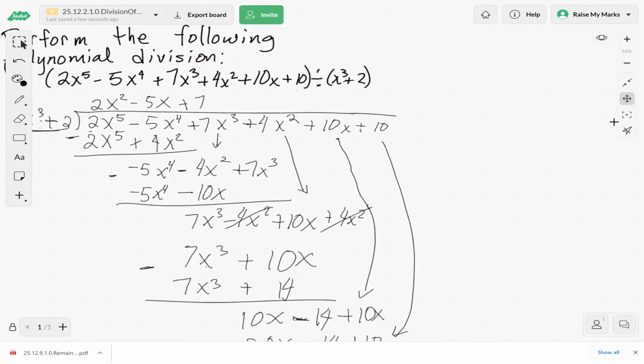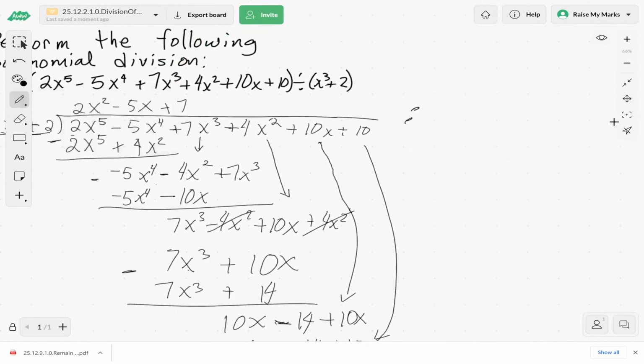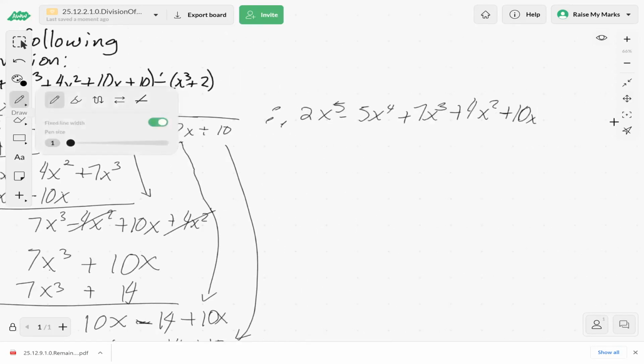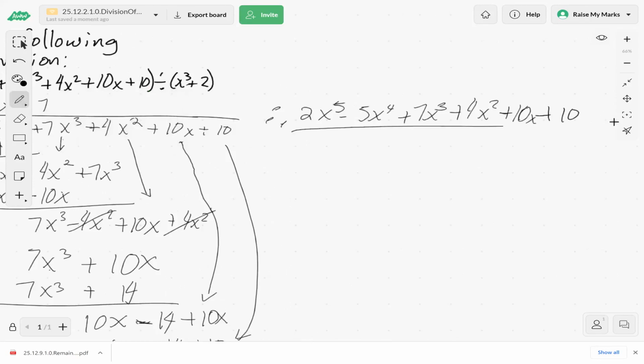Okay. All right, so our final statement is therefore 2x to the power 5 minus 5x to the power 4 plus 7x cubed plus 4x squared plus 10x plus 10 divided by x cubed plus 2 equals,